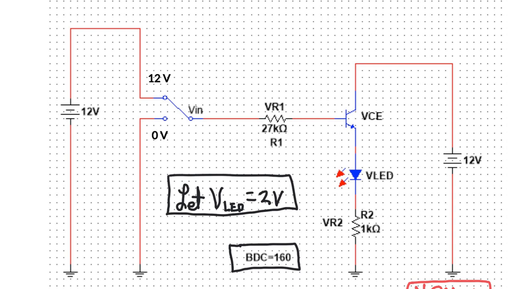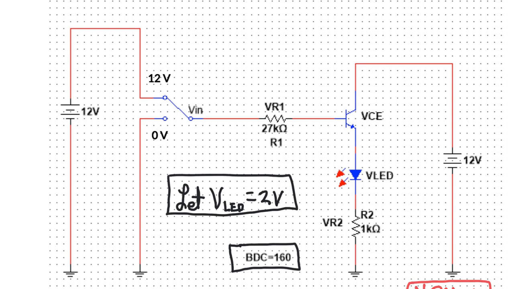So VN is just a 2-pole switch. If it's in the 0 volt position, there's no base current, and no base current, no collector current, the LED is off. If it's in the up position, we have 12 volts at VN, and the LED is going to come on. So again, take a picture, sketch it down, do whatever you need to do, and then when you're ready, please follow